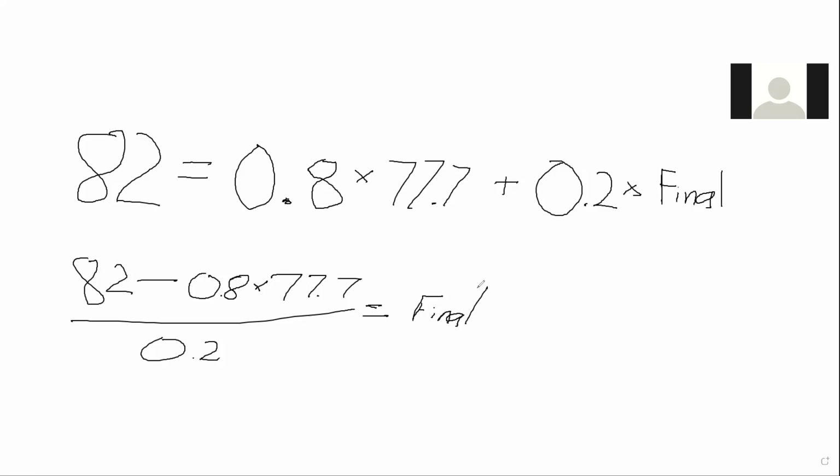Okay. So I get out my calculator and I go 82. Let's go 0.8 times 77.7 goes that. Change the sign, add it to 82, and divide that by 0.2. And I get a 99.2. So if you're going to take the final and you're going to get a B plus, you have to get a 99